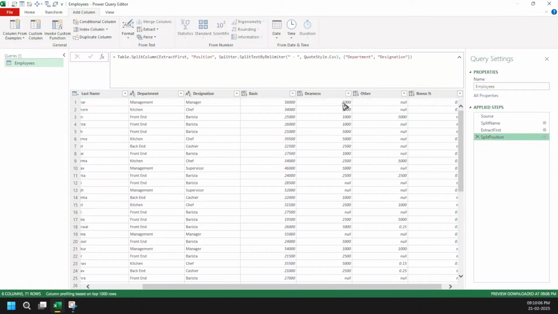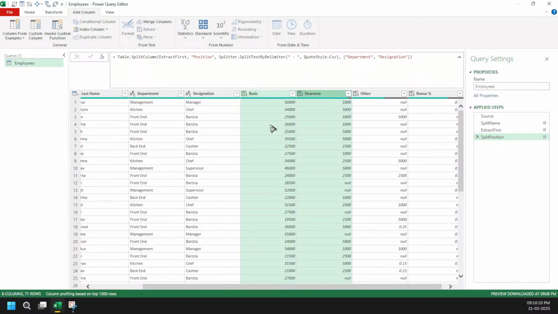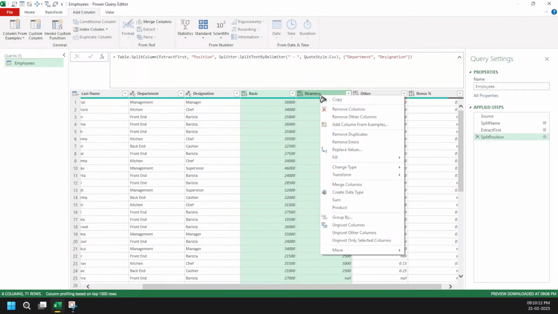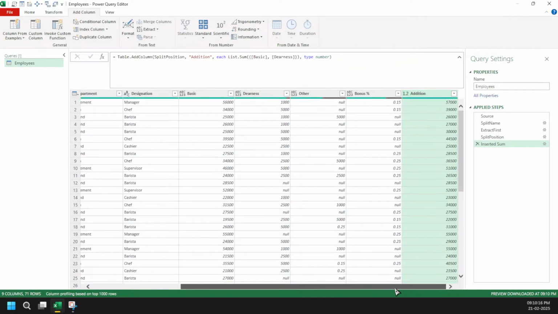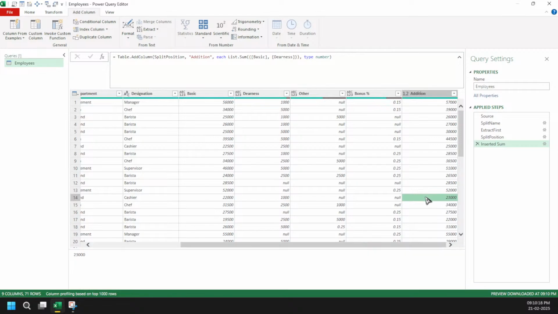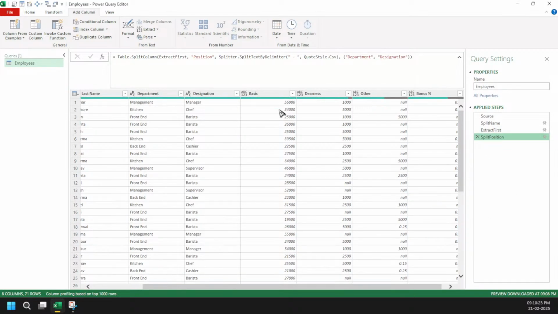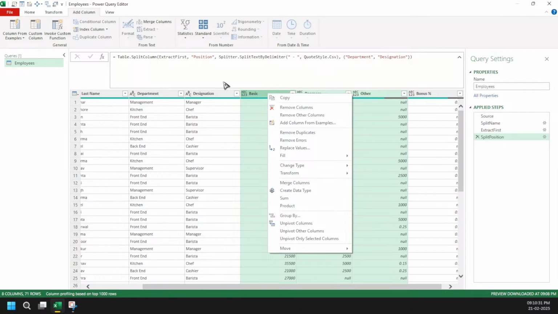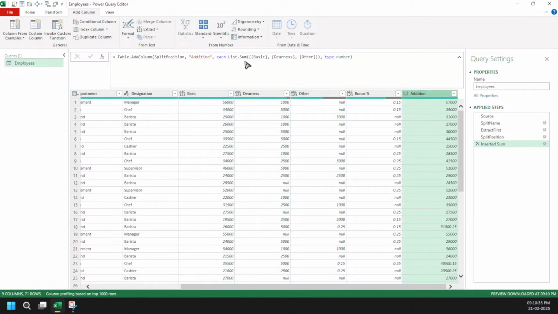But I will tell you one more trick here. You will come here. I'm again going here. I'm going to do right click and then do the sum. And you can see here, right? Now it is not giving null values. Got it? So these are a few things you can play with the UI. But yeah, for now, things are simple for me. I'm going to do, and you can do the sum here directly or coming here, add.